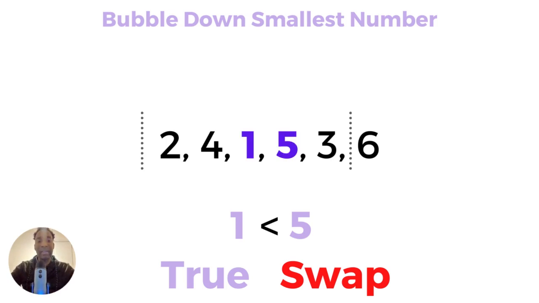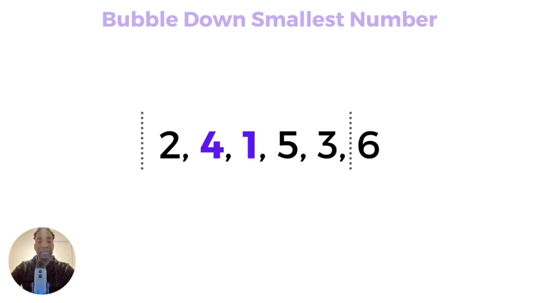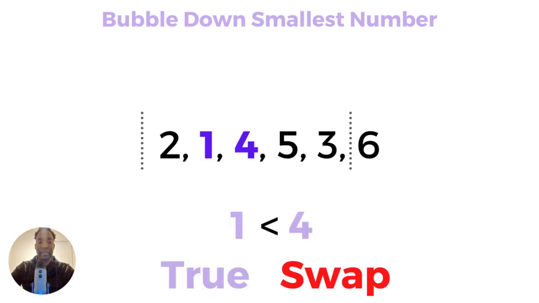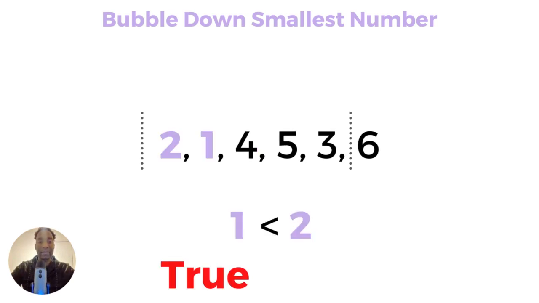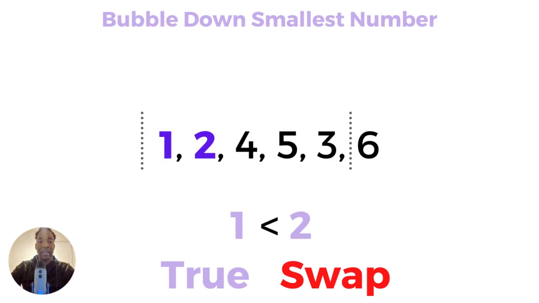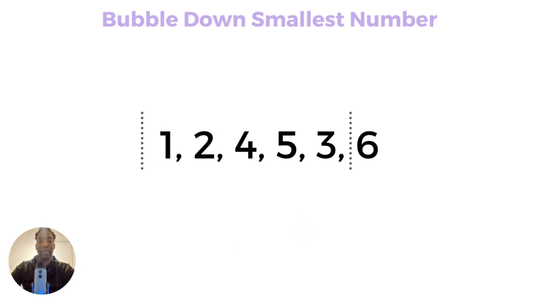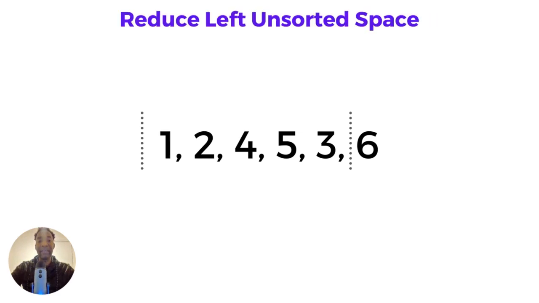Keep the process going. Is 1 less than 4? The answer is true, and therefore we will swap. Is 1 less than 2? The answer is true, and then we swap. All right, so notice that we now have the 1 there. The next step in the process is to move the left wall. So we are essentially reducing the